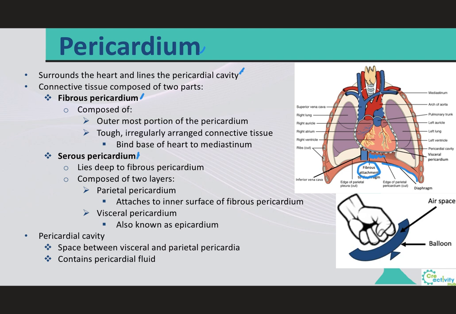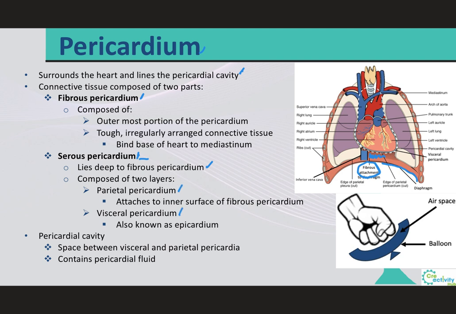In addition to its attachment to the diaphragm, the fibrous pericardium also attaches to the sternum and the vertebral column. And all these attachments will guarantee that the heart stays stable where it belongs, even when it is beating so fast that it is trying to jump out of your chest. Next, let's talk about the serous pericardium. This one will lie deep to the fibrous pericardium, and it will be composed of two layers, the parietal pericardium